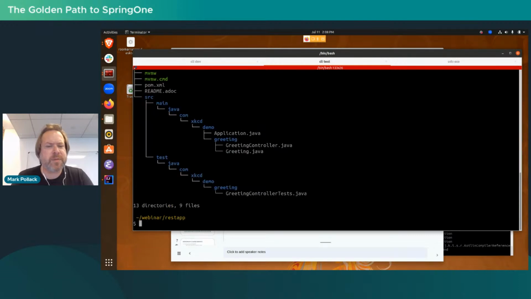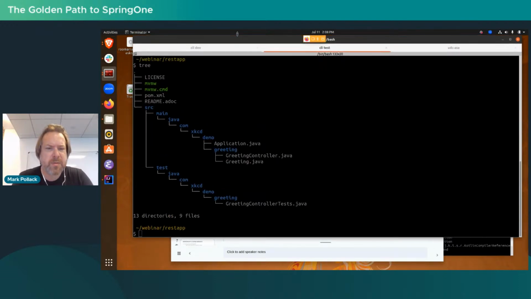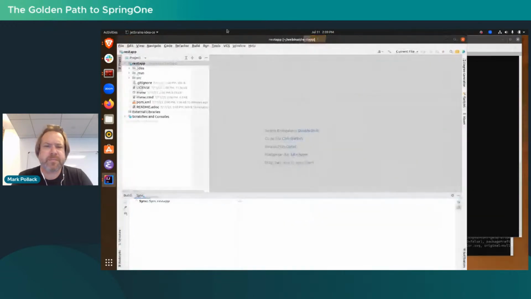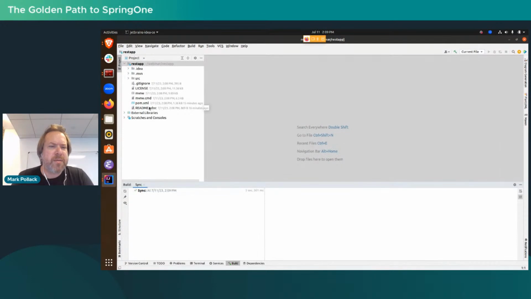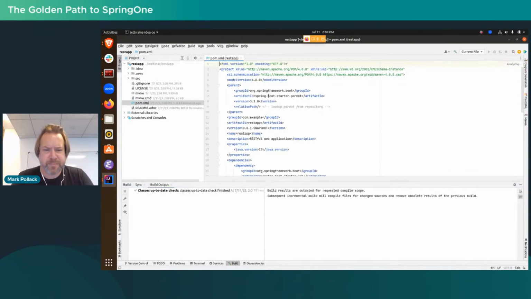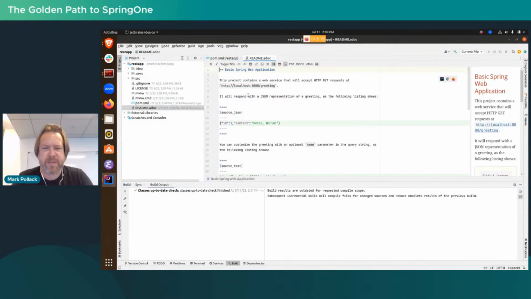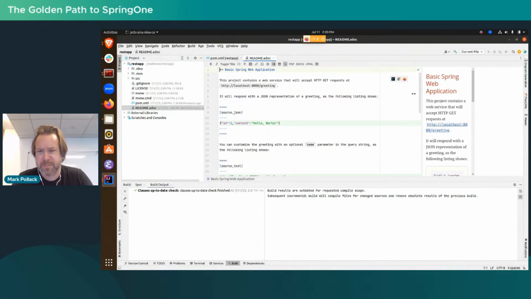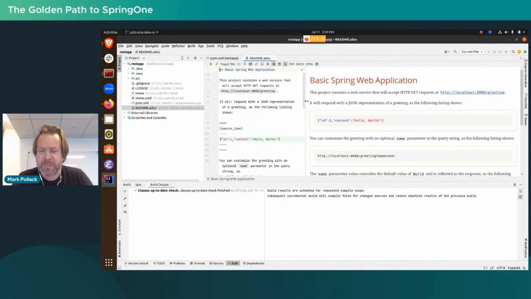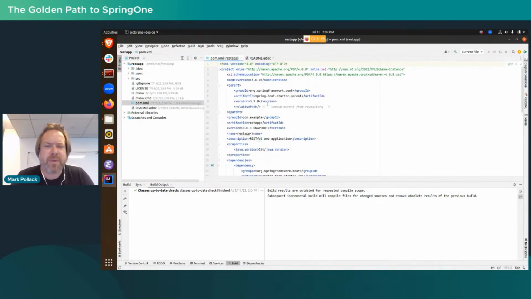So if you look here, make this a little bigger, you'll see a standard layout. I'll load this into IntelliJ. Put this over here. So you have a README that briefly explains what this app is doing. Actually, it should be in Markdown. But anyway, a basic POM